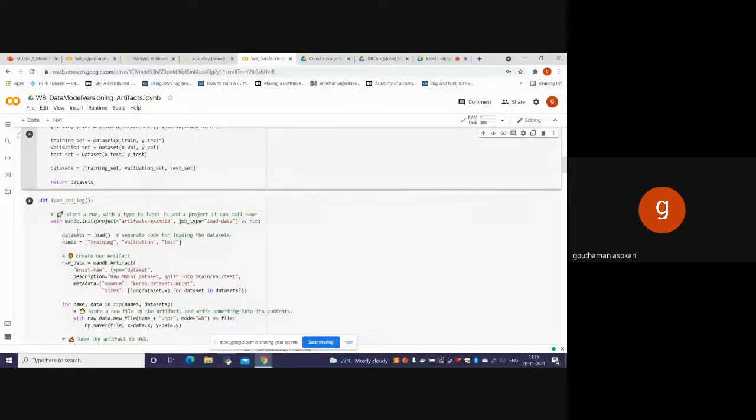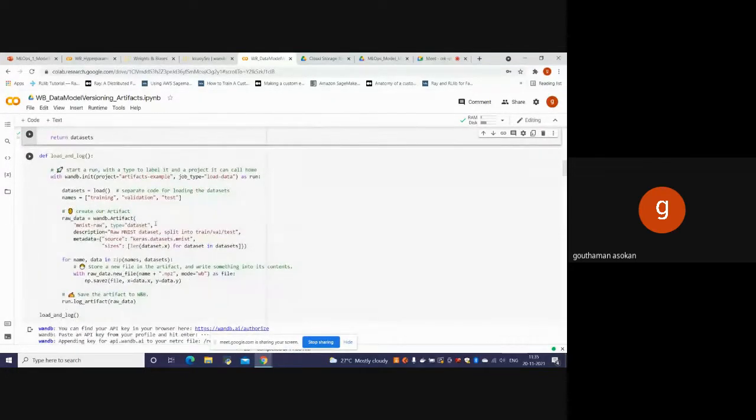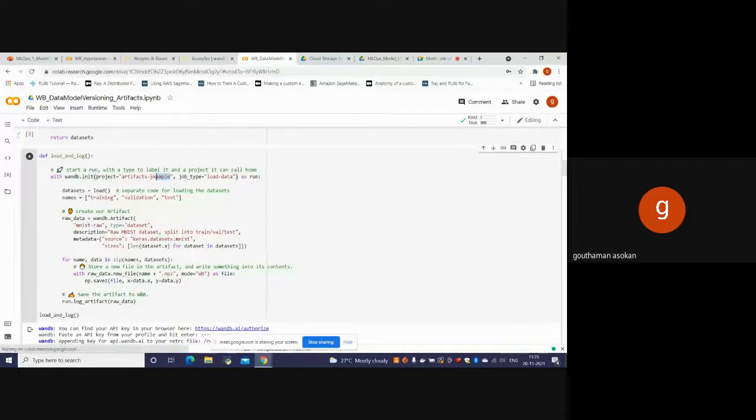So this is load and log. So this was just load, and this is load and log. So here, what happens is we need to be initializing our weights and biases tool. We can give a project name that we need. So I will give weights and biases, artifacts,